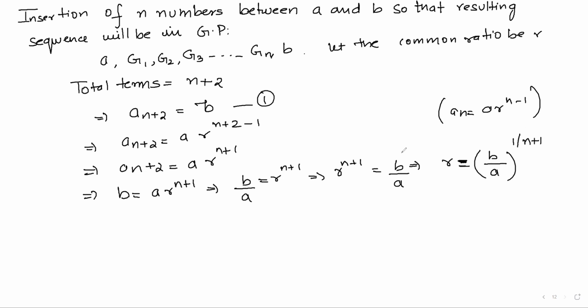Okay. So if we need to find the common ratio, two terms are given and we need to insert n numbers between them, then first of all we will find the common ratio by using this formula, B by A to the power 1 by n plus 1. So if we get the common ratio, then we can find the second term. Second term will be A into R. Similarly, third term, fourth term. So we can say that G1 will be equal to